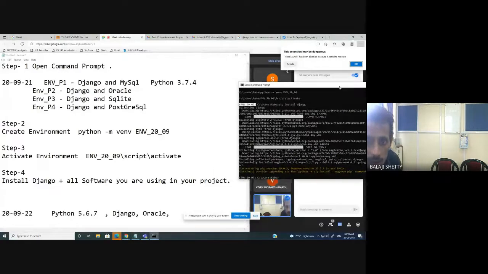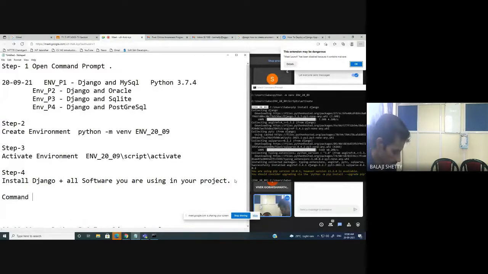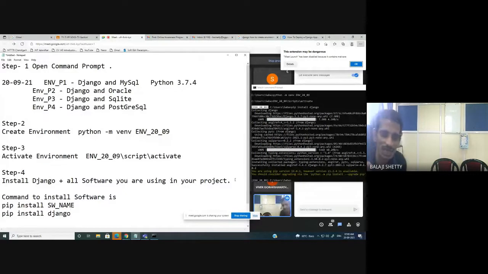Clear? How to install that? It's very simple. The command to install software is pip space install space software name. My software is Django, so pip install Django. These are the standard keywords.